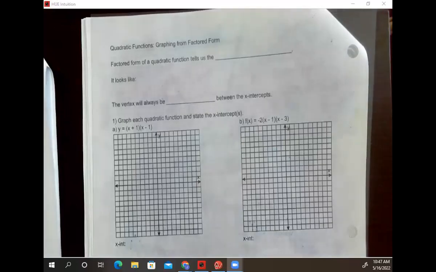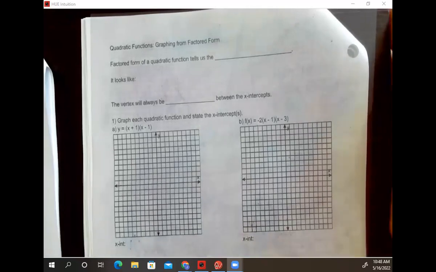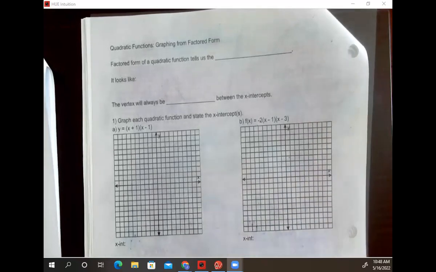Okay, we are on page 14 today, and we're going to talk about graphing from factored form. When we looked at quadratics the first time around, and then when we did our 4 function forms of a quadratic little kind of review unit, refresher unit, earlier this semester, we talked about key features that we can see from factored form. We didn't do very much graphing just from factored form, though, particularly in our 4 function forms unit, because I made you find all of those equation forms, those function forms, so you have the others to rely on as well. So today's going to be a tiny bit different in that we are going to graph